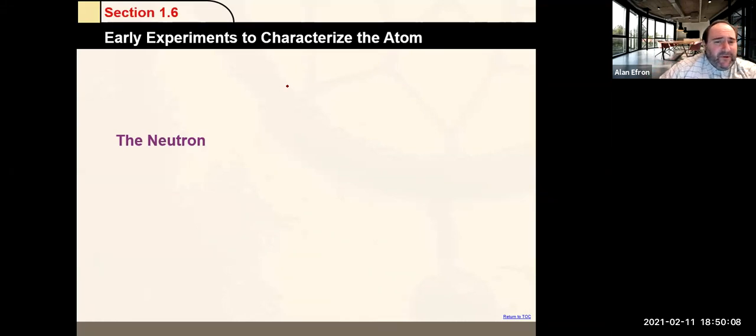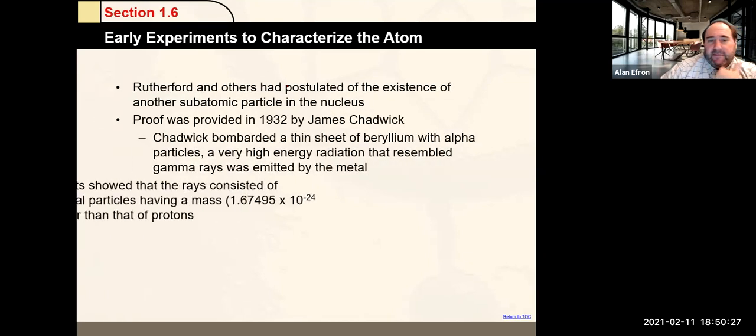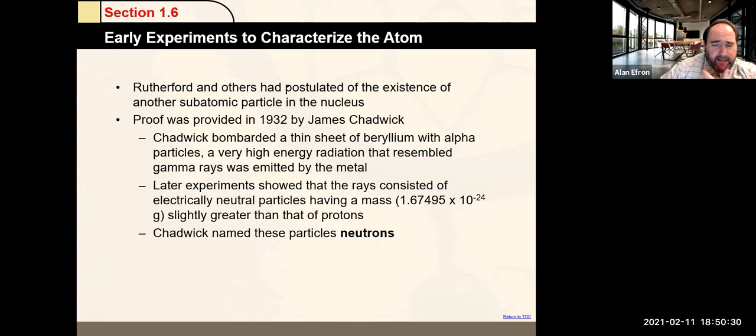So that leaves us to, there was always this idea after Rutherford and so forth that in addition to protons, in addition to electrons, there really was some other subatomic particle that was present. And really in 1932 by Chadwick, he did a lot of experiments, sort of like with X-rays, and he did discover the third subatomic particle, which is the neutron. It has a mass of 1.67495. And the reason why the neutron goes out that far is, as we just saw, the proton was something like